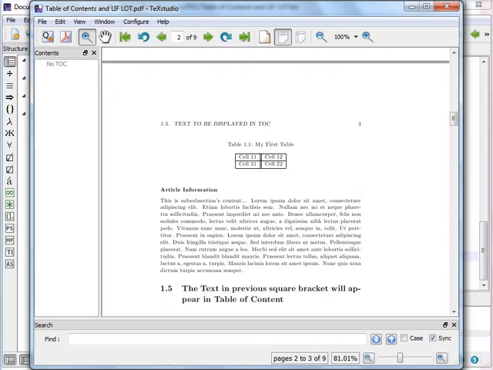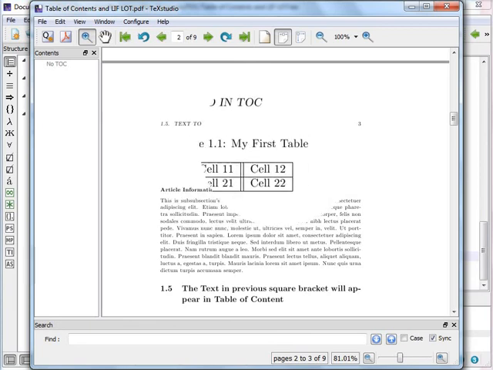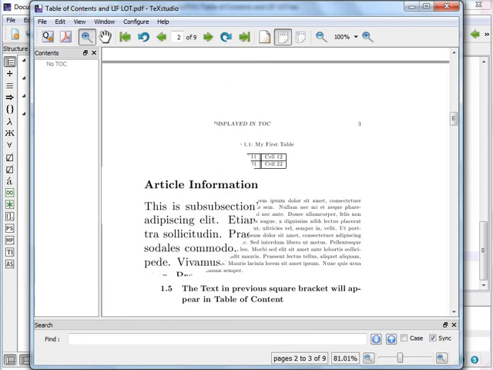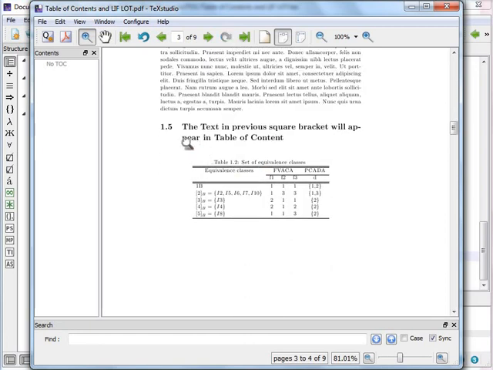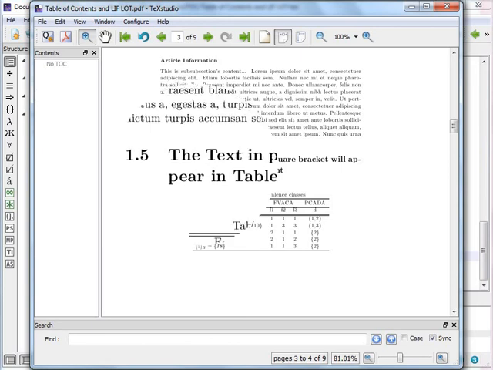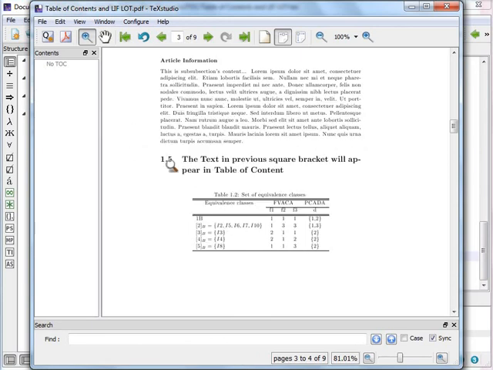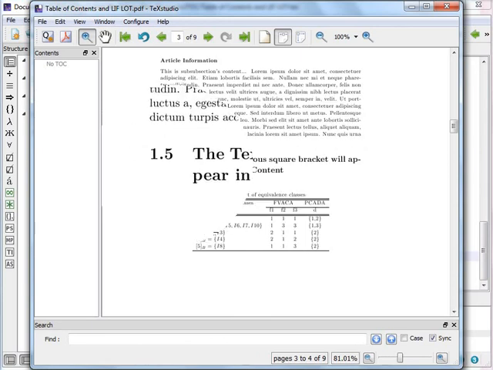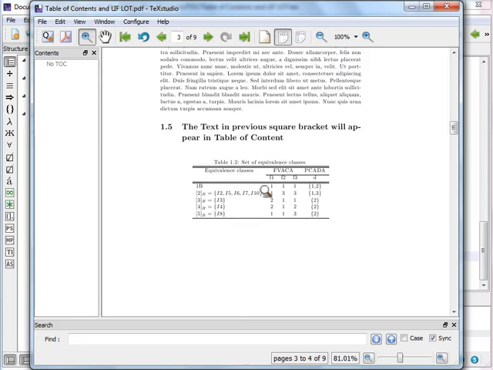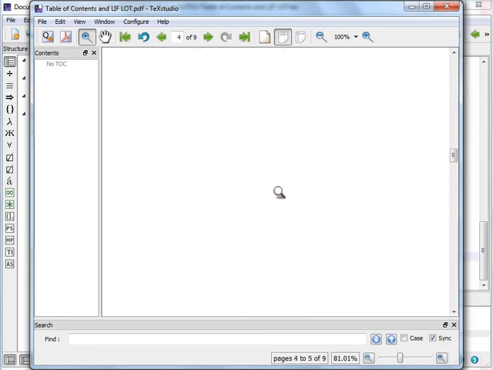Then we have added a table at the top of the page, so this table is appearing at the top of the page. Then this is an unlabeled section, right? Then see, we have set the counter, so this next section is now labeled as 1.5 instead of 1.2, because we have set the counter to 4, so this will be marked as 1.5, one more than the actual, right? So this new table is added over here and so on.